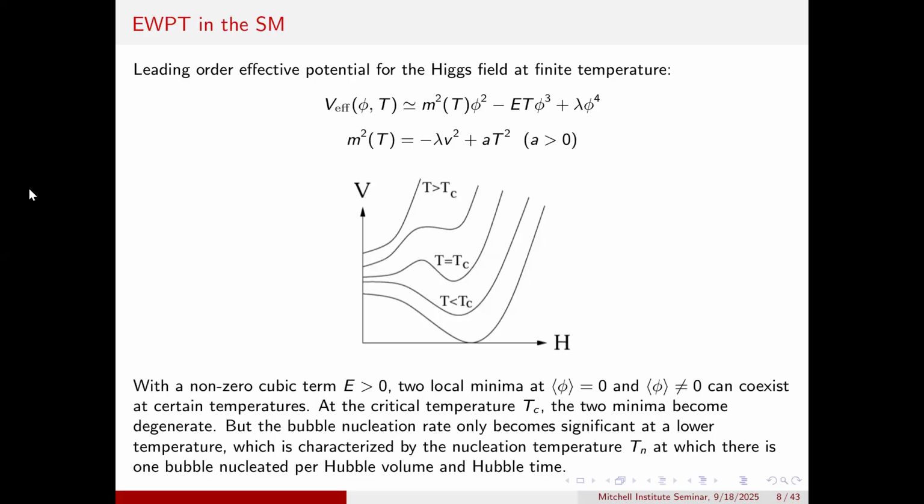it's not sufficient for the bubbles to form, because for a bubble to nucleate, it has to overcome the surface tension around the bubble. So if the energy difference is 0, it's not sufficient to overcome this surface tension, so it would not form. So bubbles actually nucleate at a temperature lower than Tc, where we have an energy difference between the two vacua. Then the bubble nucleation could become significant. And this is the nucleation temperature that you will see in the baryogenesis literature.